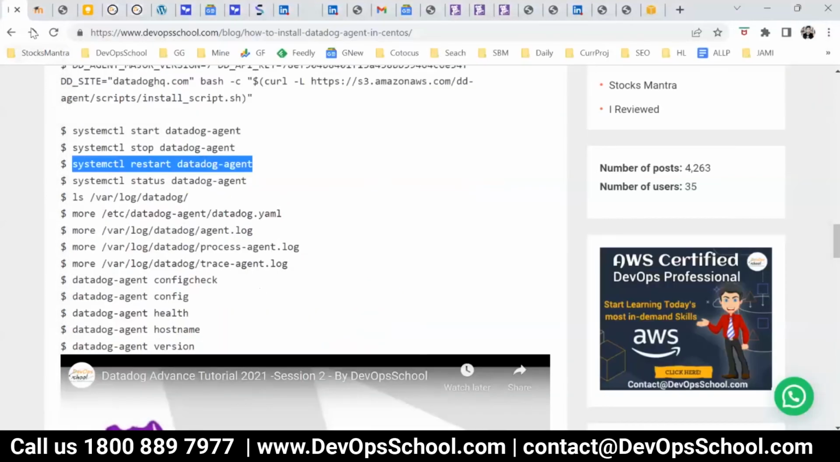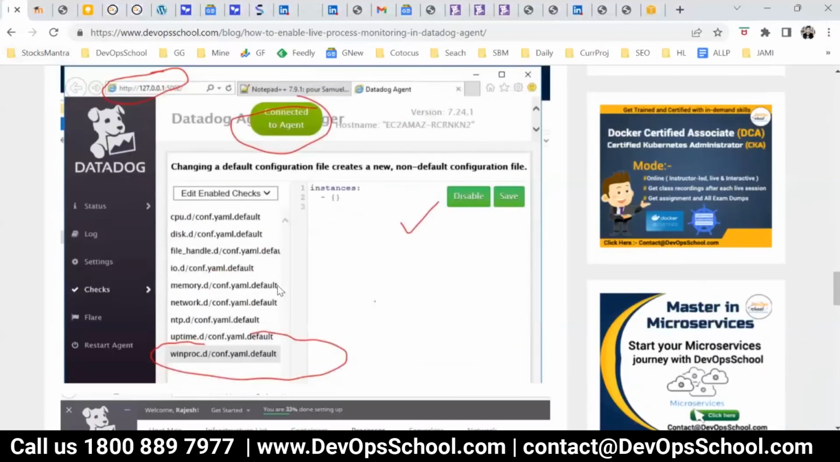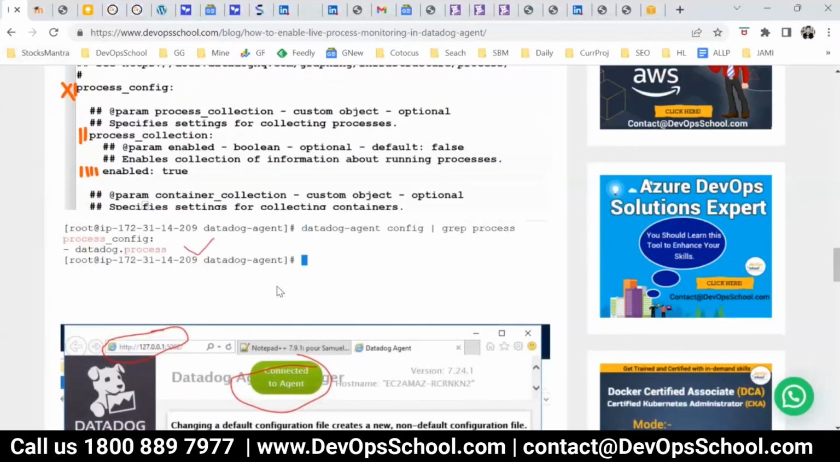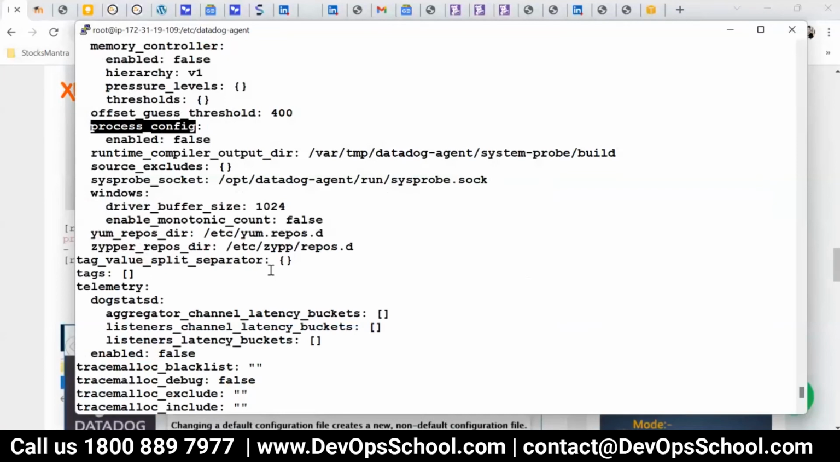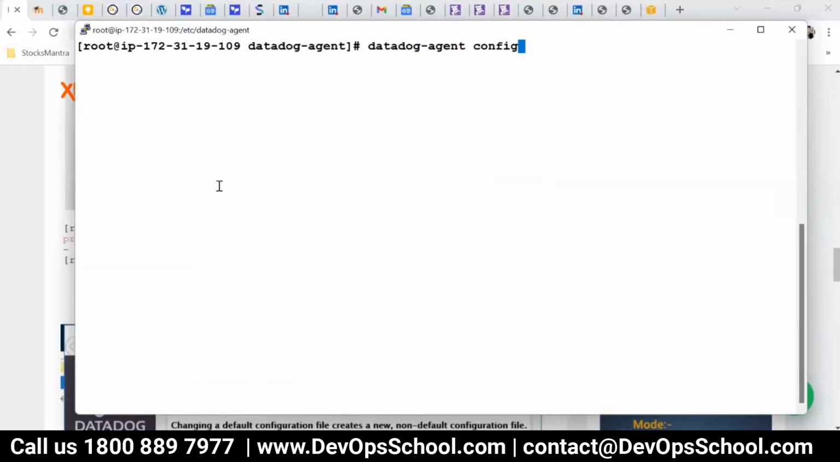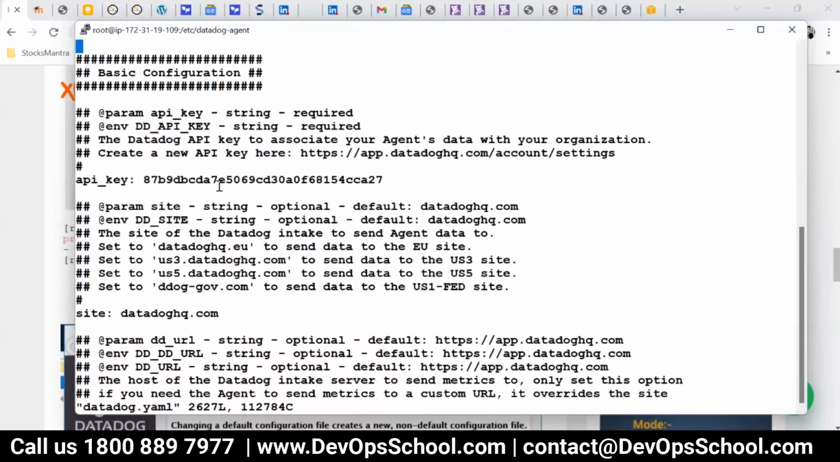So just a second. I think I modify, right? Process underscore config. So I modify, but it's showing the false. So let me check one more time. So more, vi editor process config and